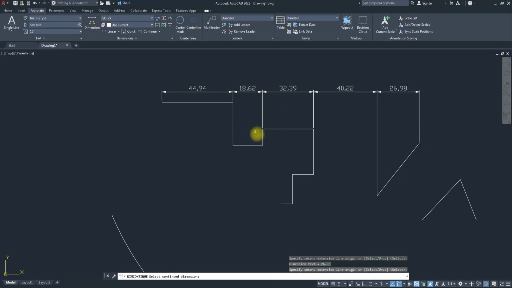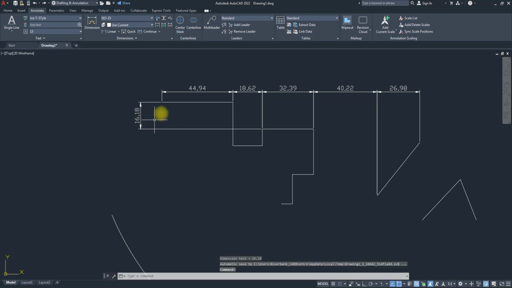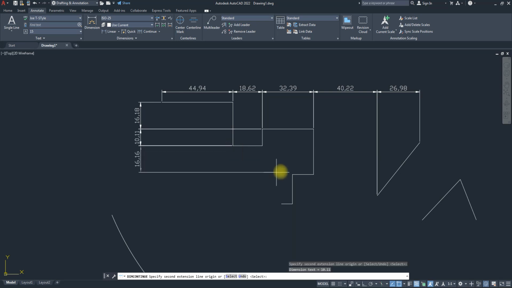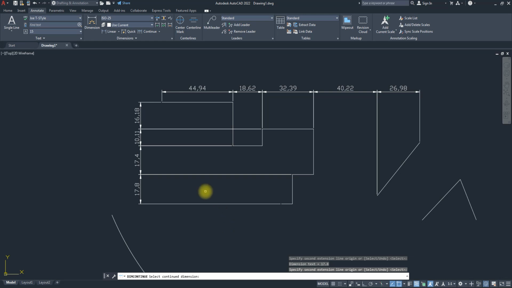So for me to do the vertical one, that means I have to have another dimension for the vertical section before I can go to the continuous. So I will have to say from here all the way to this place. So I can just trace this. I can actually click here, then move up all the way here. Once I'm done with this, because I clicked here first, so continue, we'll continue from there. Click, click. Once I'm done, press enter. Do you understand? All right, so I'll delete this, guys,